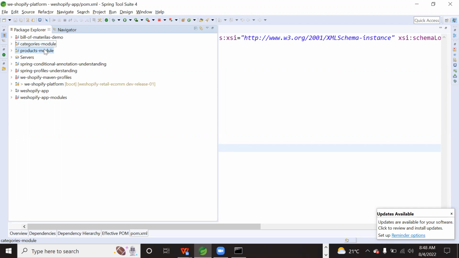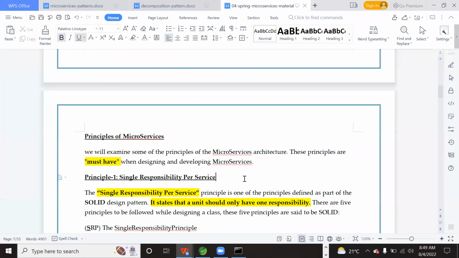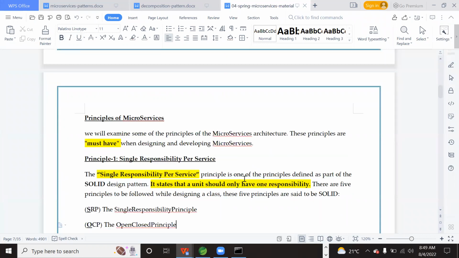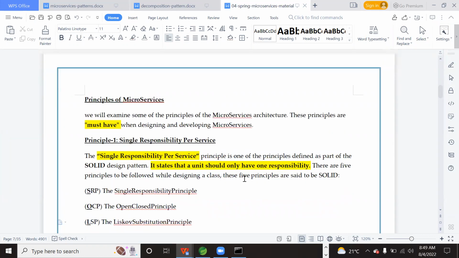We can't say these are microservices, because we have to make sure they adhere to the principles and characteristics of microservices, right?